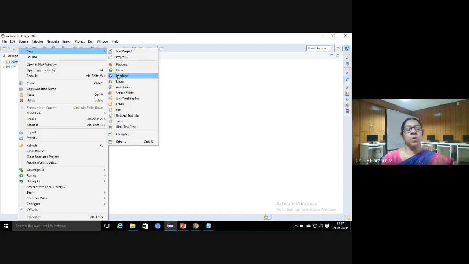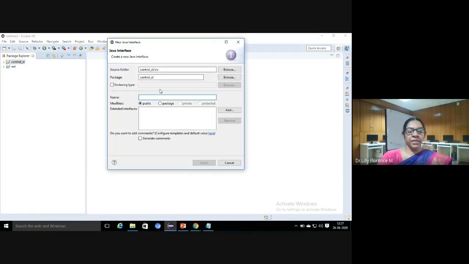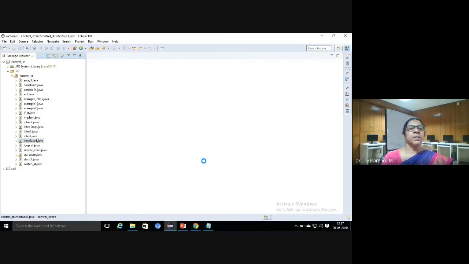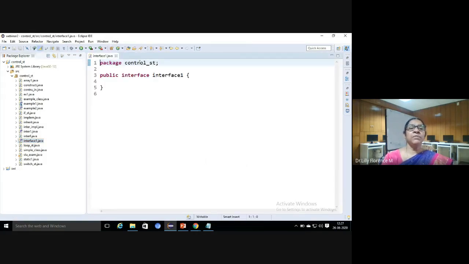Throughout this project, we can implement this interface in any class. It will ask the name of the interface. I'm giving Interface1 as the name of the interface. It will be created here. See, the name of the package here and the name of the interface. Public interface is a keyword. Once you create an interface as a separate file, by default it will be created as public. Or otherwise you can create an interface inside some other class also. We can create this type also.